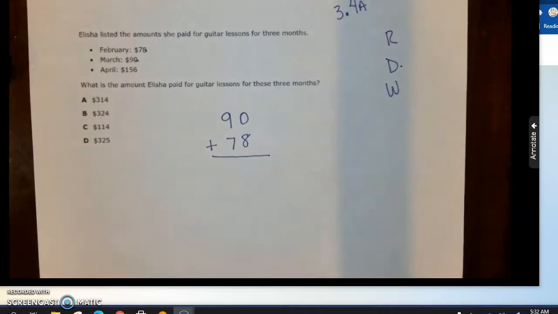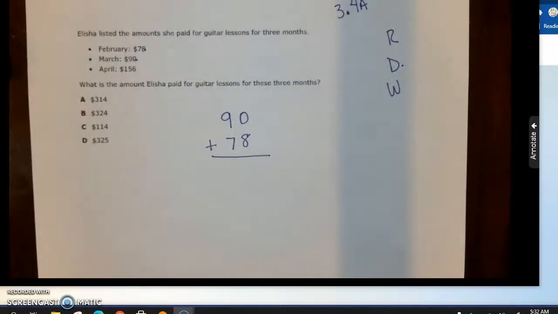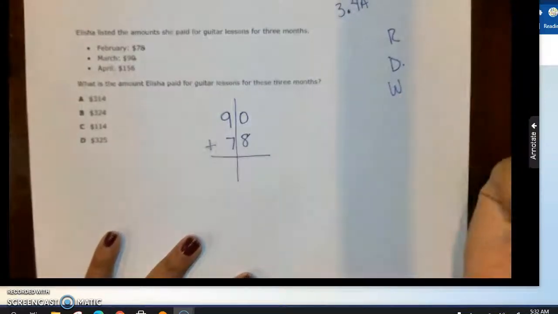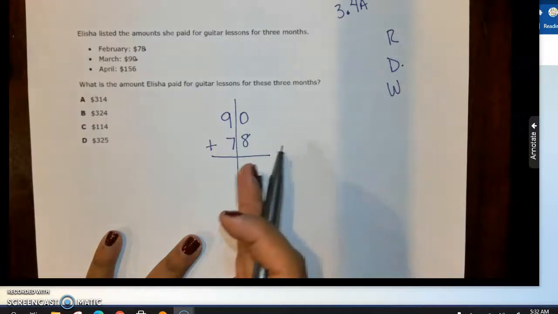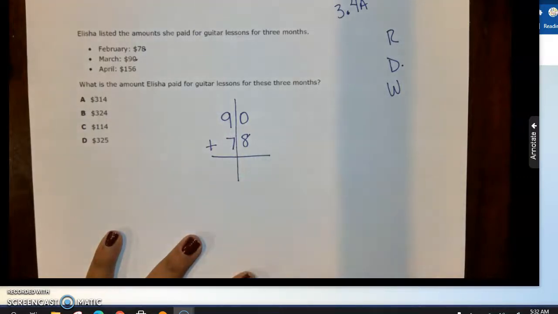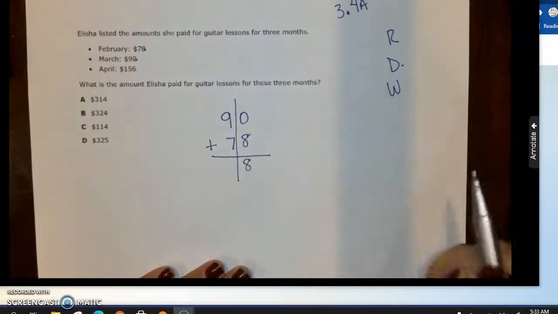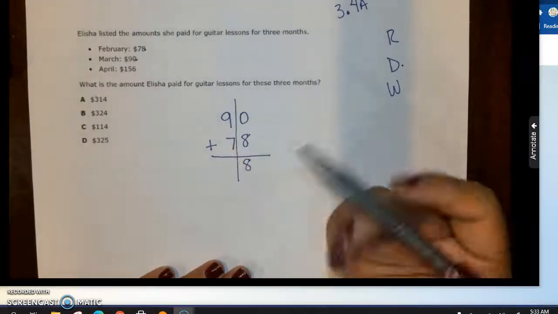Don't forget to use your grid paper, your place value chart, or your notebook paper turned horizontally if you need to. And if not, you can always draw your line on your own paper to make sure that each number is living in the correct place value. So let's go ahead and add. 0 plus 8 equals 8. 9 plus 7 equals